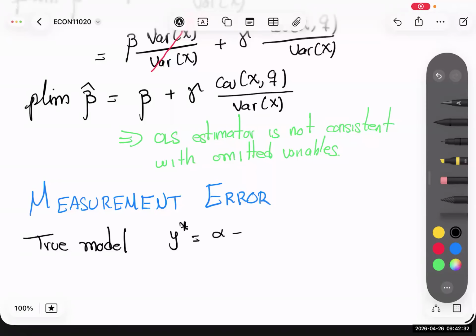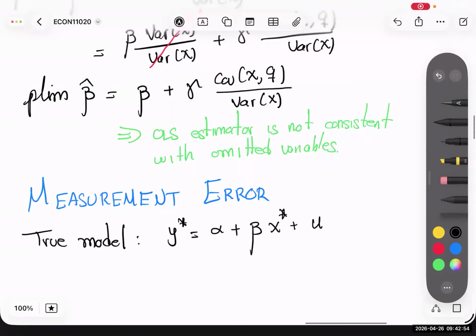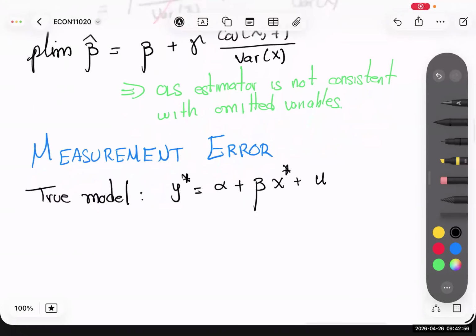And suppose that we are interested in this relationship between Y star and X star, where X star also refers to the measurement of this regressor without mistakes, right? With no error. But if we end up measuring it with error, then potentially, I'm going to say here with error,